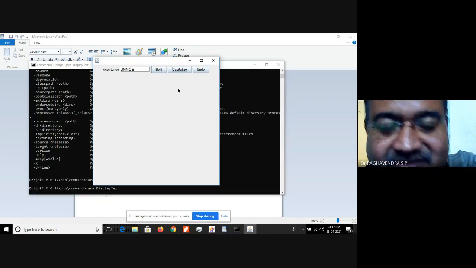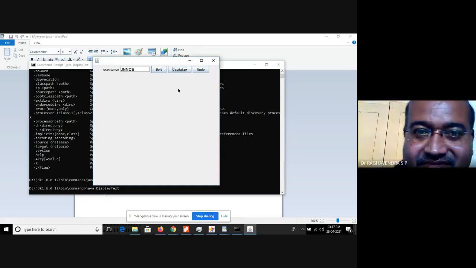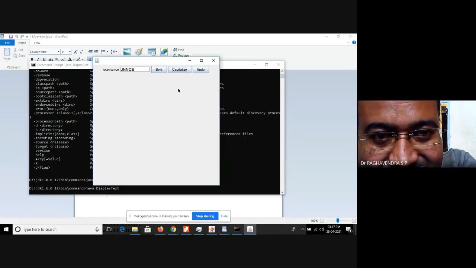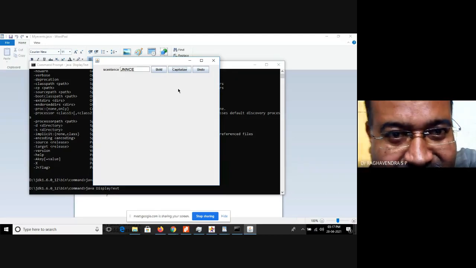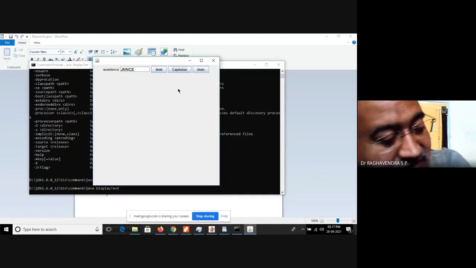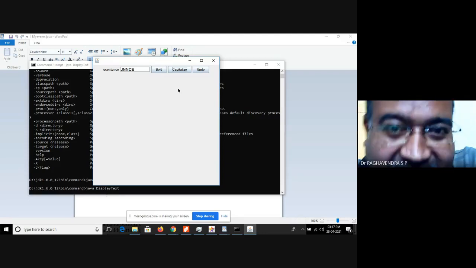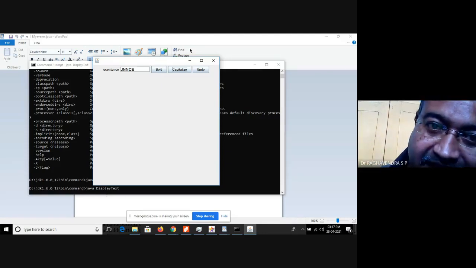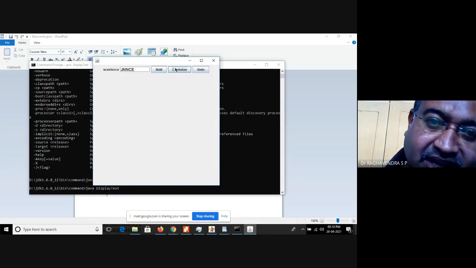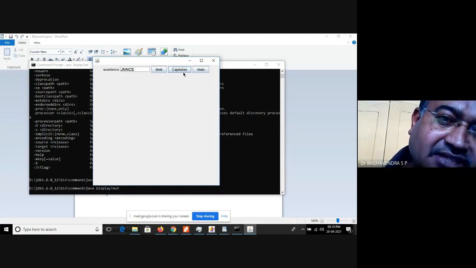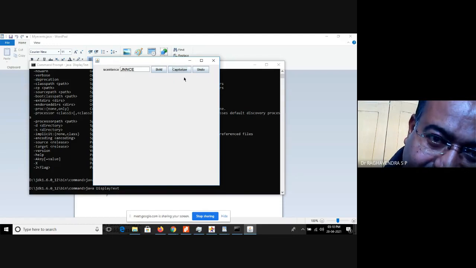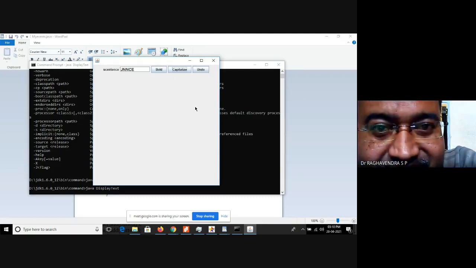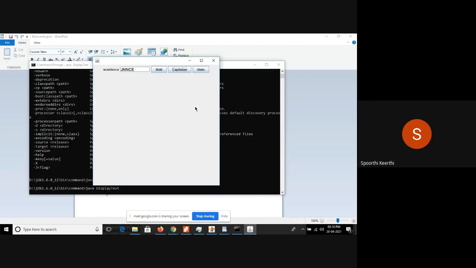Bold or capitalize? Capitalize, sir. Because first I did bold, second I did capitalize. So the recently done one is capitalize. So it means the last executed command is capitalize. Okay, suppose if I click on undo, which command will be nullified? Capitalize command.